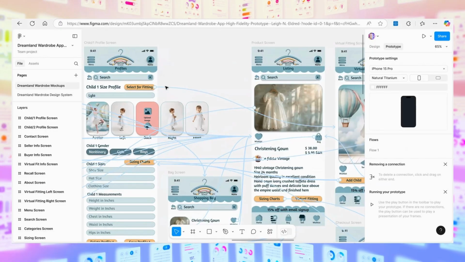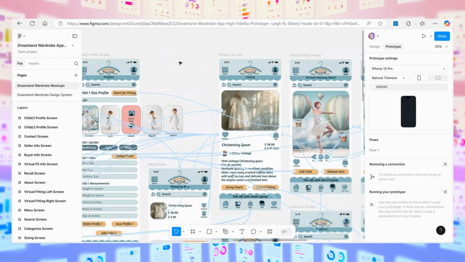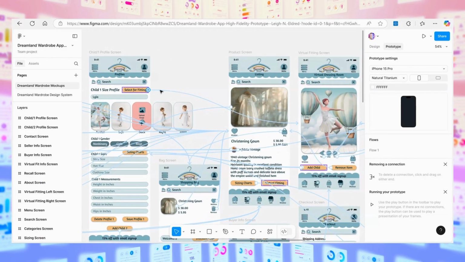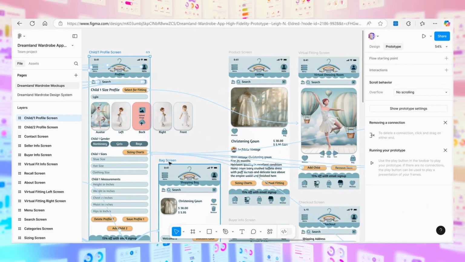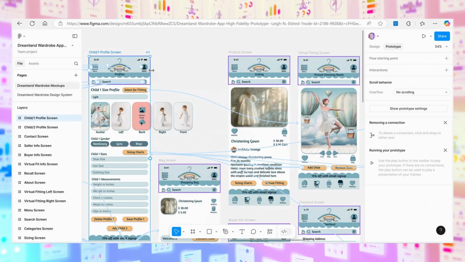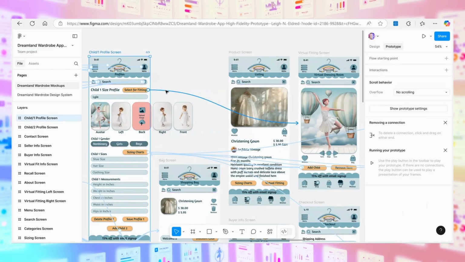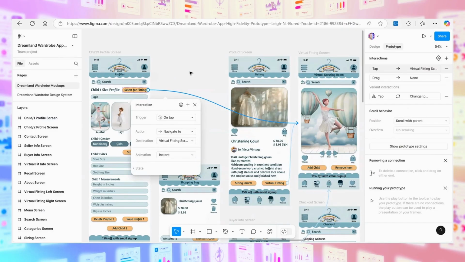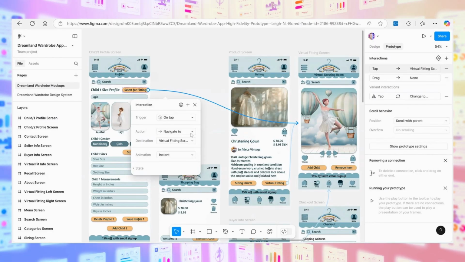So when I was saying you go, and this is a node right there, that little plus sign is what you use to connect it to something else. So right now it's connected to the virtual fitting screen when I have select for fitting. There's what I was talking about. If you click on that, it'll show you these screens and take some of the other spaghettis away. You won't see this bag screen spaghettis, you'll only see this screen. So that makes it a little less complicated. And you can click on individual ones and then go, okay, so this one, and you just click on it with the left, and then you have your options that I was kind of explaining here.